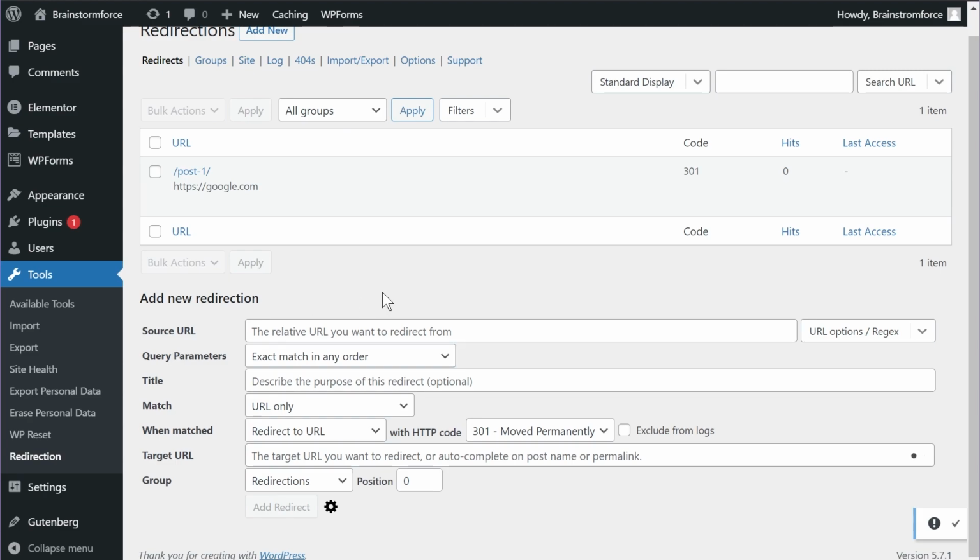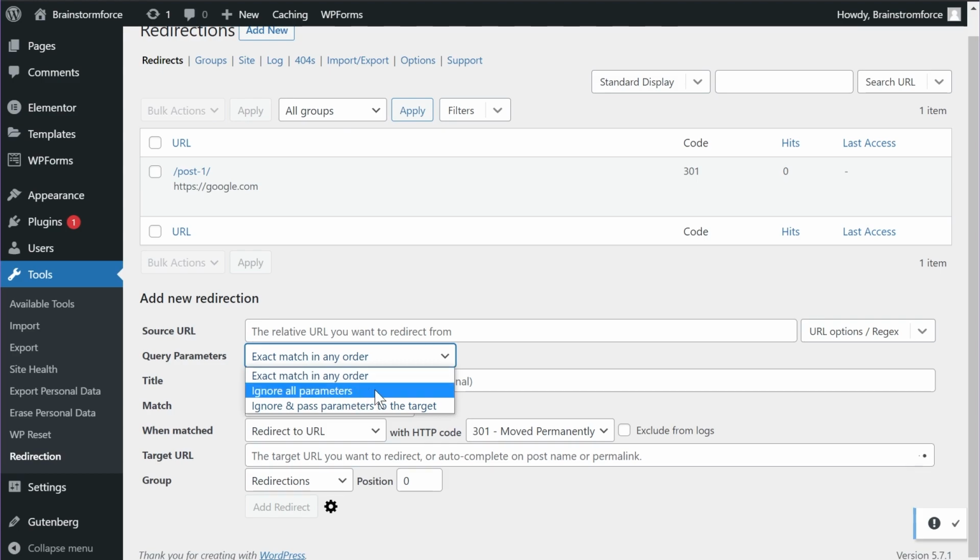Sometimes you'll notice that the page might have some query parameters, which sometimes will be affiliate codes, sometimes will be URL parameters for tracking and all those data. So do you want to match them or not? You have the options to configure this: exact match in any order, ignore all parameters, and ignore and pass parameters to target. If you use exact match in any order, that means the plugin will match if the parameters are actually in place compared to the source URL, and it will also ignore the order of the parameters in the first place, which is pretty powerful.